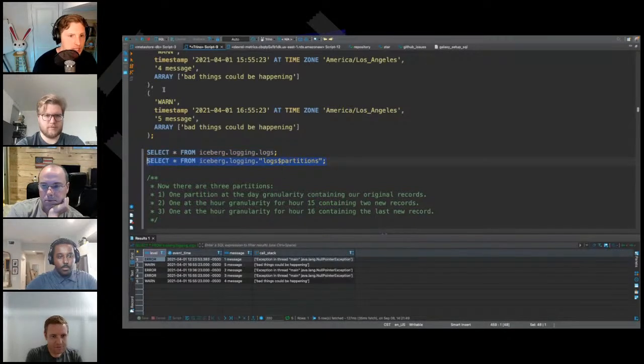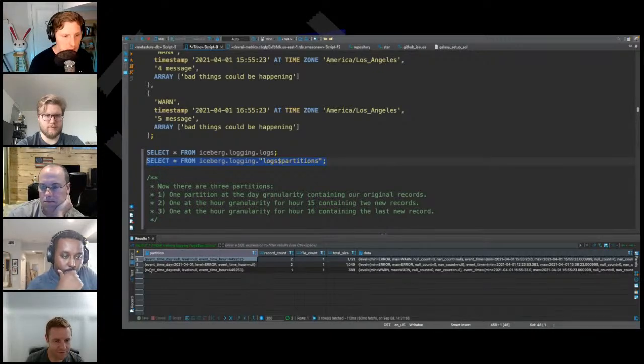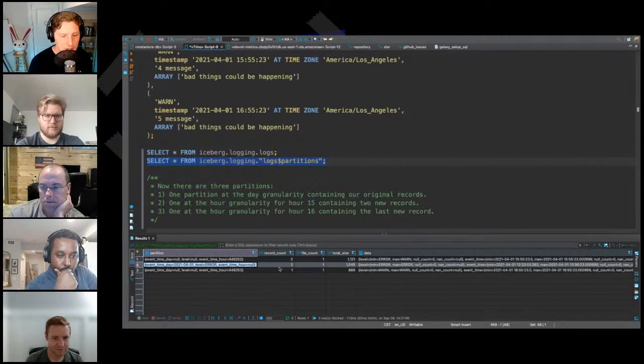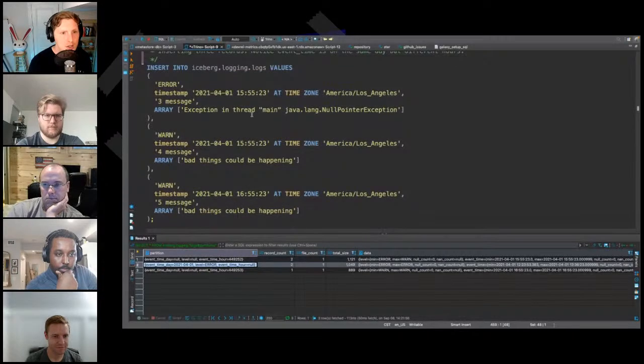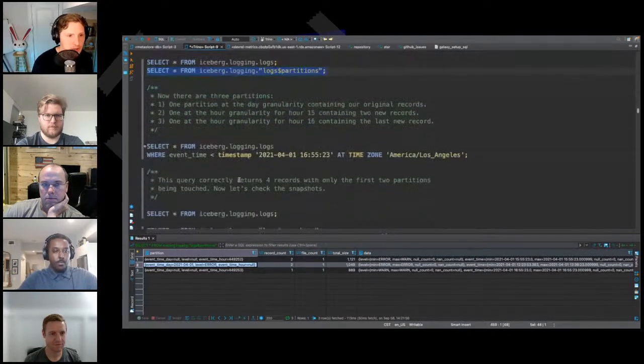Let's go ahead and look at those partitions now. So now we actually have the event time day, this initial partition that we had at the day level, that has the 2 initial records that we pushed. And the 3 different records that we pushed now differ. 2 are on the same hour. So 2 of these are in 3 o'clock, 3:55 specifically, and then this one is 4:55. So the 4:55 gets set at a particular hour down here, and the other ones are on this one. So we have 3 different partitions now moving forward, which is pretty cool.